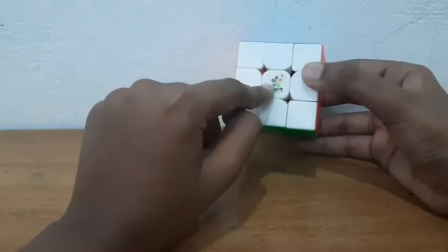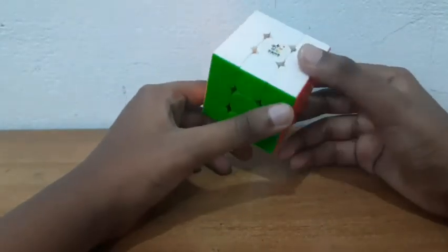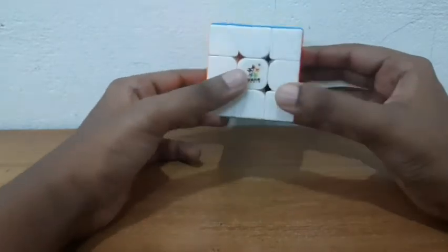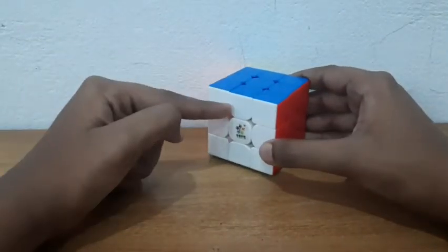It's a new one. I have recently bought it from Cube Lelo and I have even done an unboxing of this cube. So now I can do that smashing thing with this buddy. So